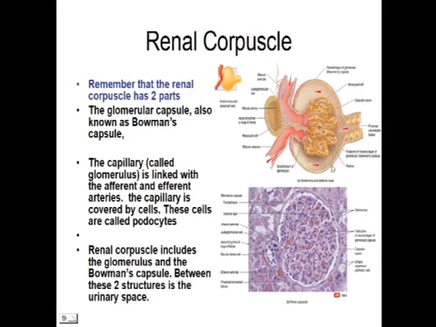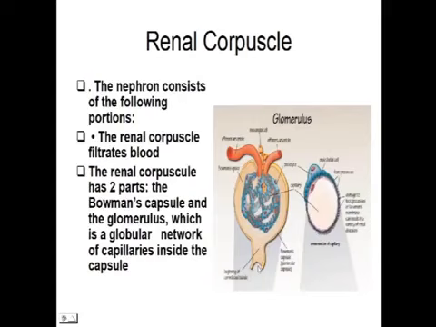You can see the simple squamous epithelium in the parietal layer of the Bowman's capsule, and then it continues with this simple cuboidal epithelium of the proximal convoluted tubule. The capsule, also called glomerular capsule, is in the form of a double-walled cup having an outer or parietal layer. This is the parietal layer, and this is the visceral layer of the Bowman's capsule. And between these two layers there is a space which is called the urinary space. This is the urinary space or the Bowman's space.